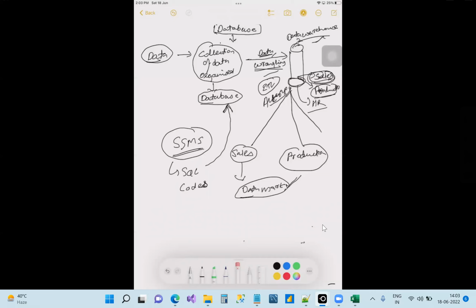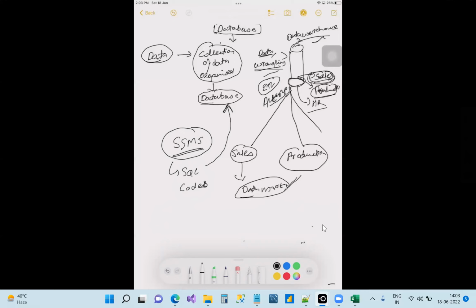So now, when we come to database, can you tell me once again about data wrangling? Data wrangling is where earlier I had written over here, if you remember, data cleaning, data transformation. It is a process which involves all three steps: data transformation, data integration, consolidation, cleaning, all these things which make your data ready for analysis. So that process is called data wrangling. Okay, got it? Anyone else has any doubt? No doubts, right?